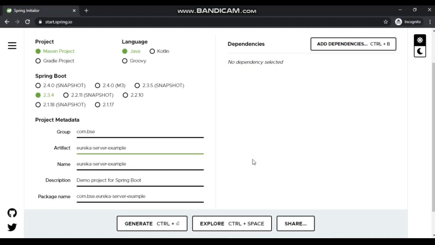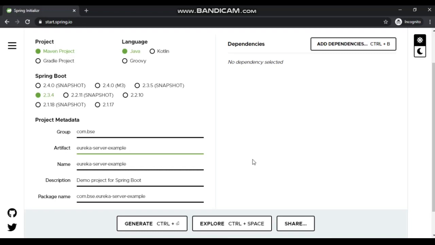So what we do in Eureka server is register every service in Eureka server, and we call that service through its name. So even if that service's location or its port is changed, or anything is changed, we don't need to do anything. The Eureka server updates itself. Okay, it takes care of all the location changes. So no need to do anything.